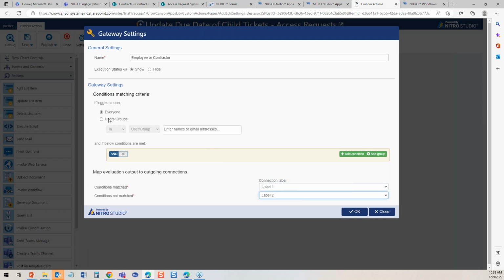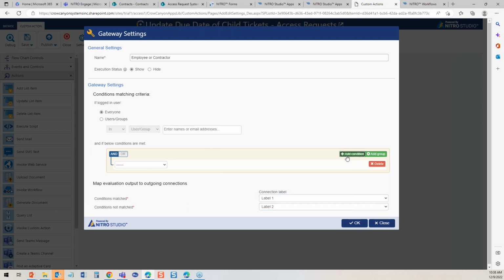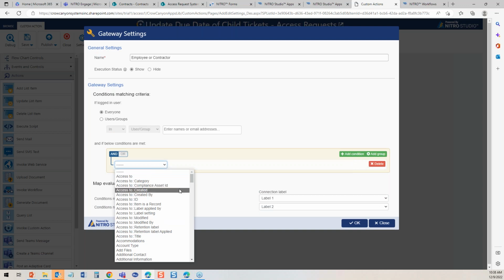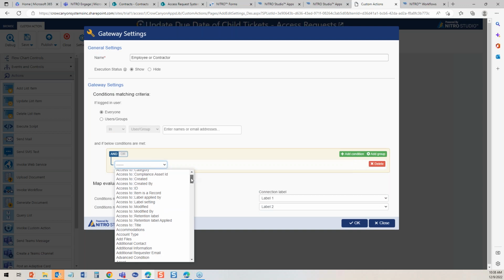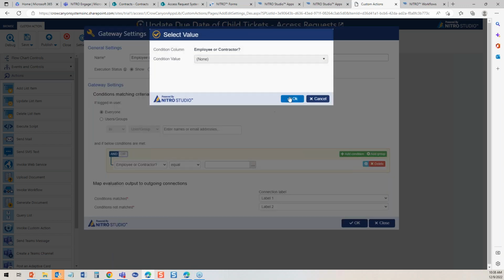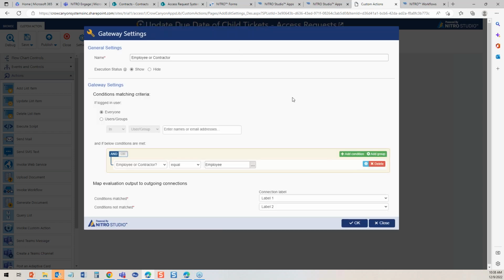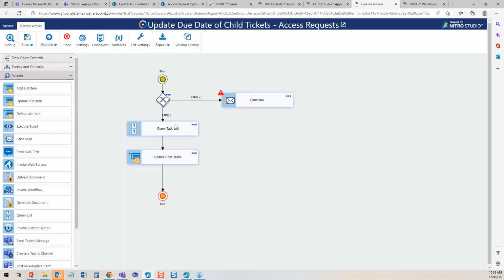For any user, you're going to say if employee, employer contractor equals. You don't have to remember what the choices are, because our system tells you. So if it's an employee, go to label 1, and if not, go to label 2, right? So label 1 is employee, if the choice made on the form was employee,